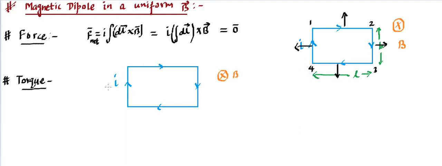Okay, so let's choose this as our axis of rotation, which is passing through the center. That means the center will not move, so the axis will not move. So about this axis, which I'm calling the axis of rotation, let's tilt the entire loop plane by a certain angle theta. By a small angle theta we are tilting. If we tilt it, we will find this upper side is going to go inside, and this portion will come outside by angle theta.